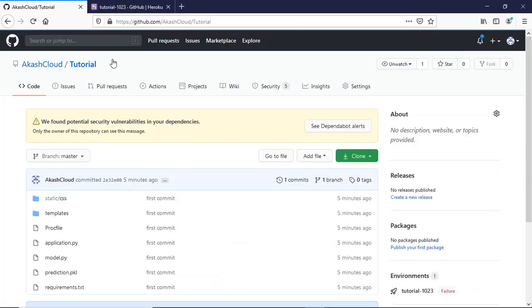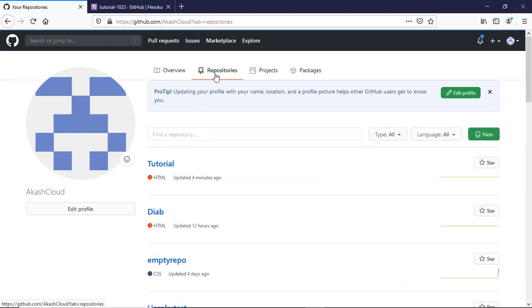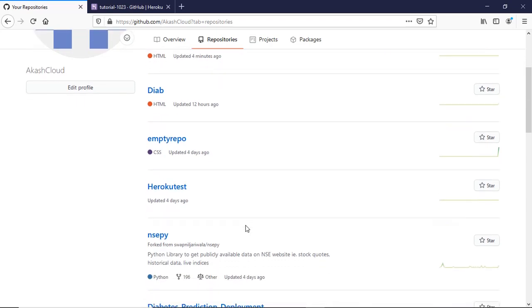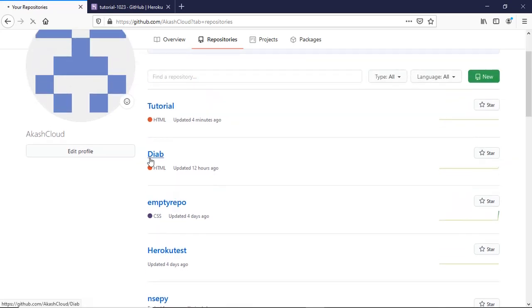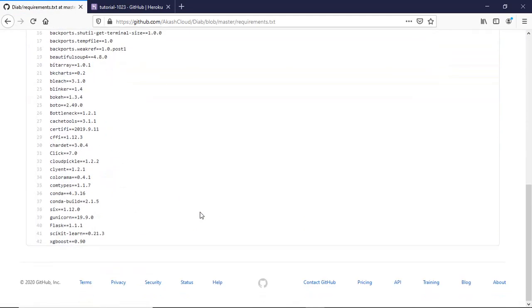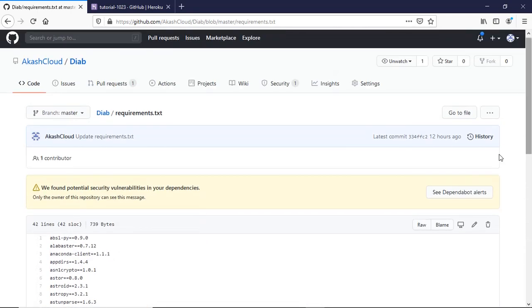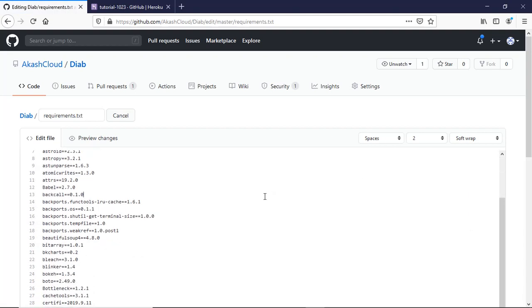So I will add some more requirements here. Now you can see how many requirements there are, that many things I'm using. If you want to know how to add requirements, you can just comment below.